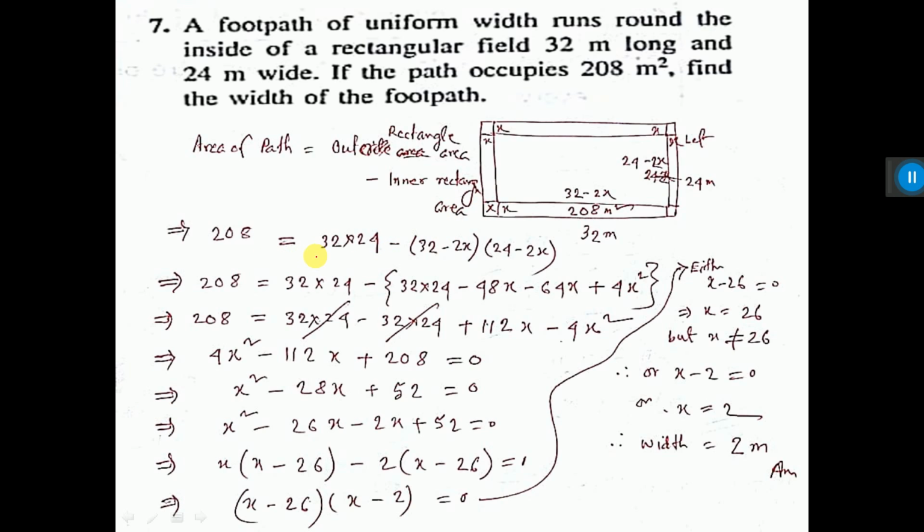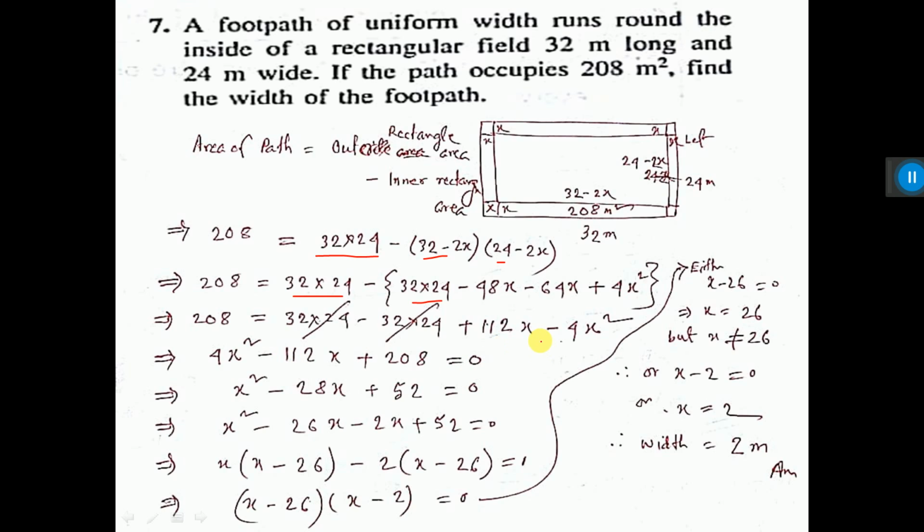See here what students do, they multiply this thing, but I have not multiplied. I keep it like this because here also this into this will come, then you multiply inside. If you remove the bracket, plus and minus will cut. So no need to multiply. This is the technique of the sum, because if you multiply it will take a lot of time. Ultimately it will cut. So what is the profit? Better you keep it this way.